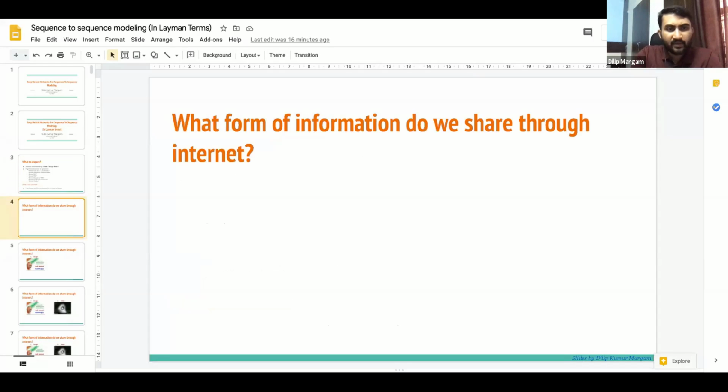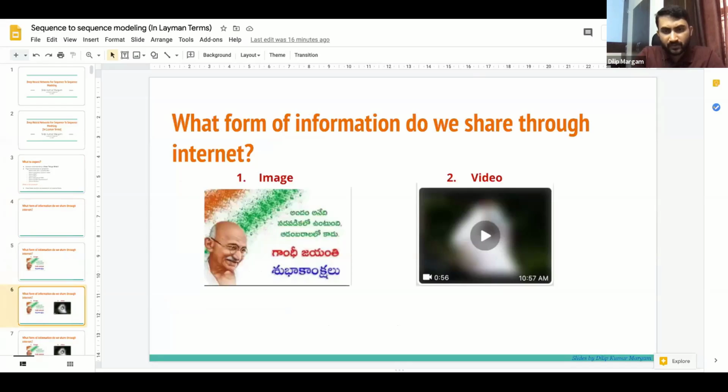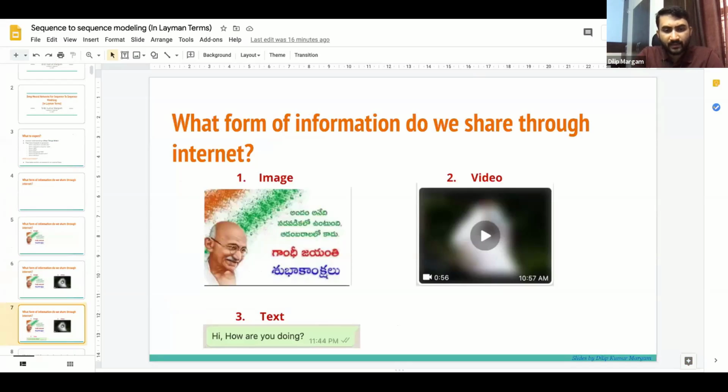Let's begin with a question. What form of information do we share through the internet in our day-to-day life? The most common form of information we share is images, and the other form is videos. Other things are text and audio.